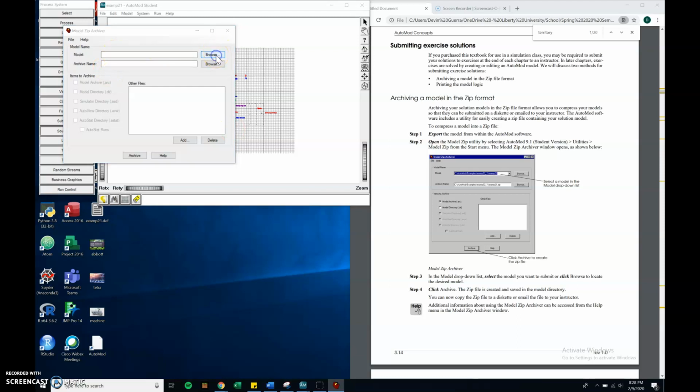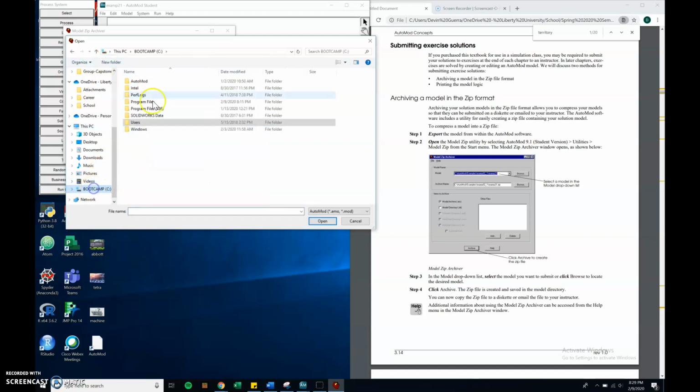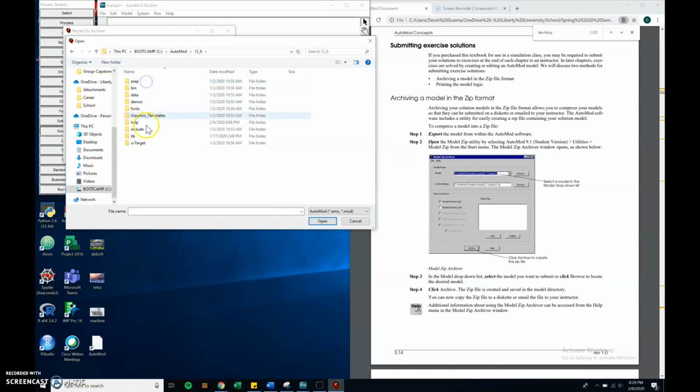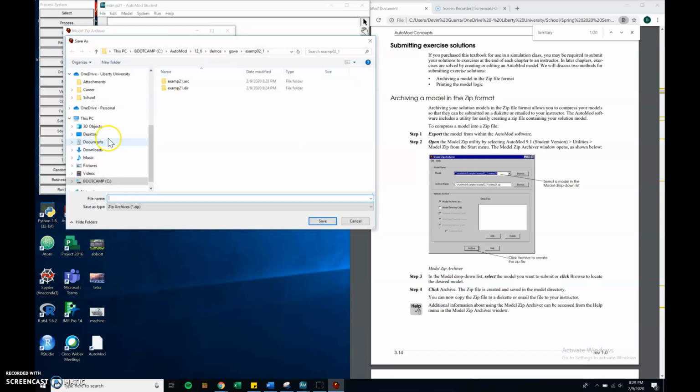We've got to browse for this model, and so I'm going to just get one of the demo models from Automod. And there we are, we got the model. So I opened it up. I'm going to browse for a place to put it and give it a name. I'll just put it on the desktop, and I'm going to give it the file name Devin example,